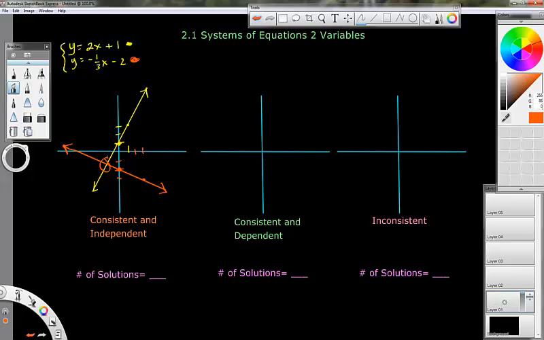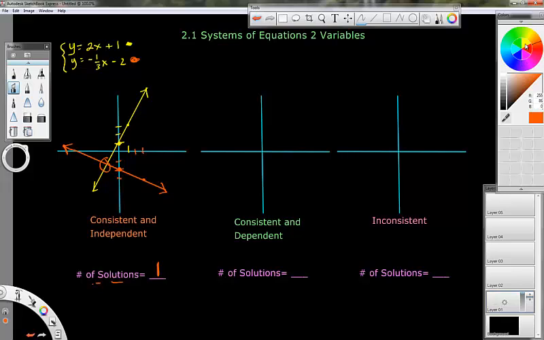You will have one solution there, 1 point. Where the two lines cross are the number of solutions. So I could come down here, the number of solutions would be 1. Okay? That would have one solution. The other thing that could happen is, and I'm going to go over here to the far right and do